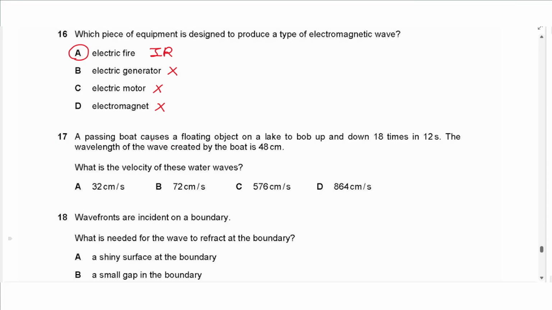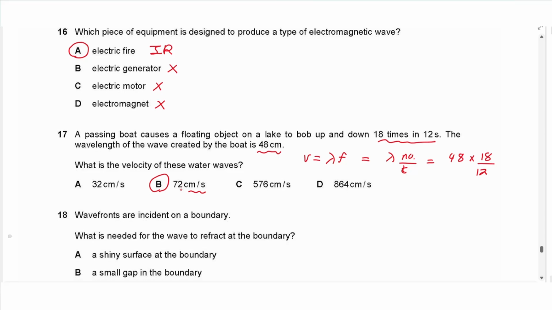Question 17 says, a passing boat causes a floating object on a lake to bob up and down 18 times in 12 seconds. The wavelength of the wave created by the boat is 48 centimeters. What is the velocity of these water waves? So velocity of a wave is equal to the wavelength multiplied by the frequency, and the frequency is calculated as number of waves over time. So we can calculate that as 48 times 18 over 12. That gives an answer of 72 centimeters per second, since the wavelength was in centimeters,